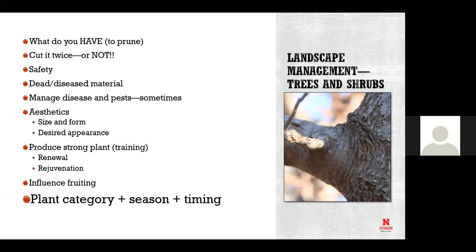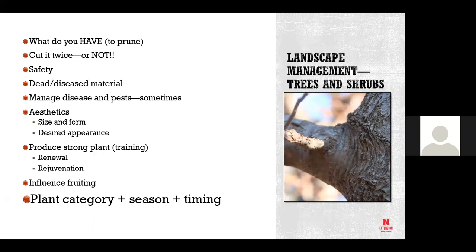People tend to prune too much in the wrong seasons with the wrong tools. And that is a huge management issue that will impact long-term the health of any plant. Okay, dead and diseased material is the first thing you should take out after you consider safety. All the dead and diseased stuff. And again, a part of that is knowing the difference between what is diseased and what is not. Majority of our pruning in this part of the country is during the dormant season. And you know, the scratch test, the bud test, the does it look different test, you need to think about those before you start sort of indiscriminately lopping things off.